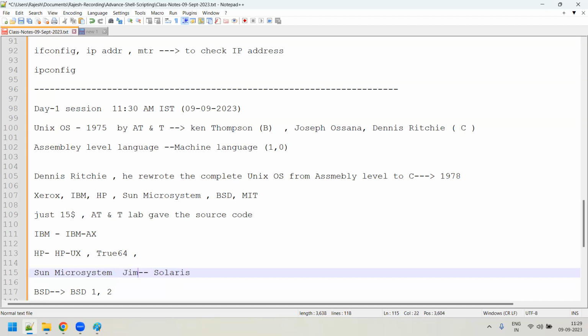Something. Jim, I have forgotten his name. I will recall and tell you. He's one of the co-founders, and he's the same person who even designed the Vim editor. What are the Vim editor is there, right? Vim editor. He only designed it actually. Bill Joy actually, not Jim, not Jim.